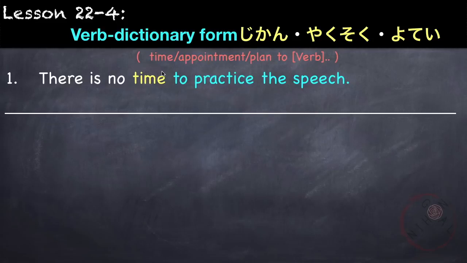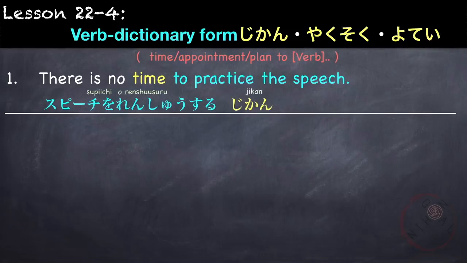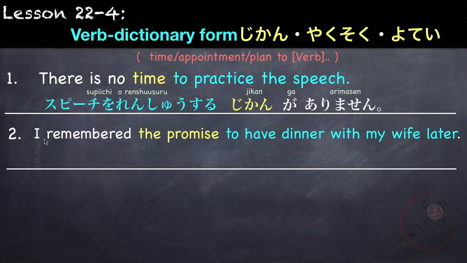So here, our noun is time, and we're modifying it and describing it as the time to practice the speech, which is スピーチを練習する, again in plain form or dictionary form, followed by noun, 時間. スピーチを練習する時間が there is no, which is ありません。スピーチを練習する時間がありません。